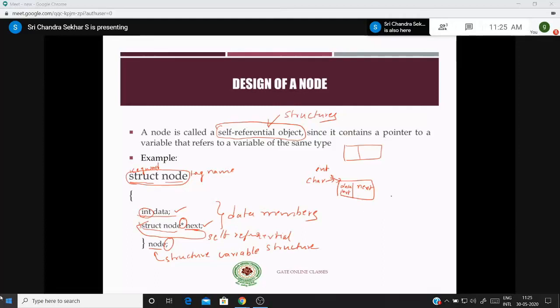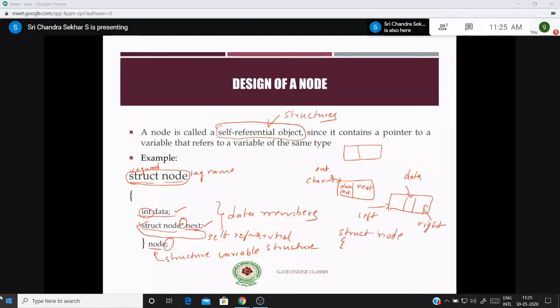So this is how we create a node with two parts. For example, I want to create a node with three parts. Let us create it, right? Assume that the middle part is the data part, this part is a reference to the left node, and this part is a link to the right node. In such a case, you create a self-referential structure, struct node.